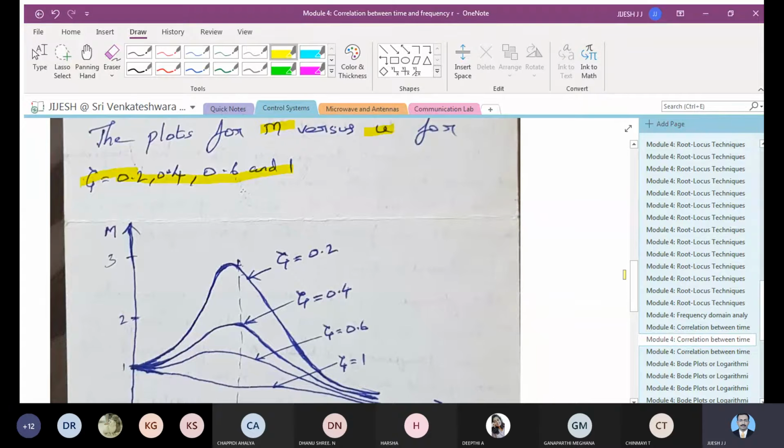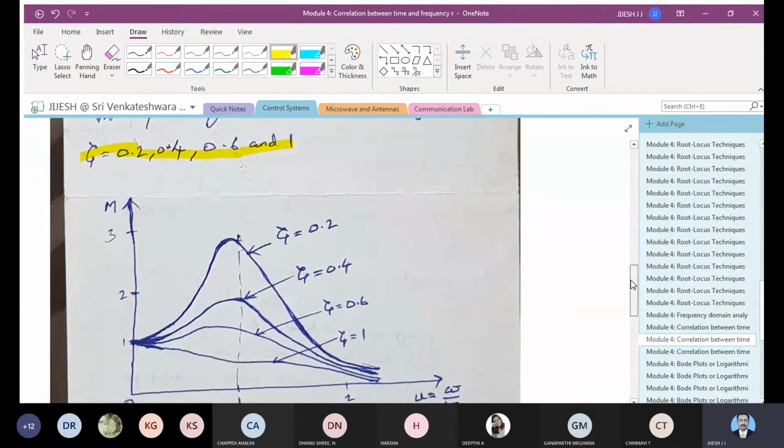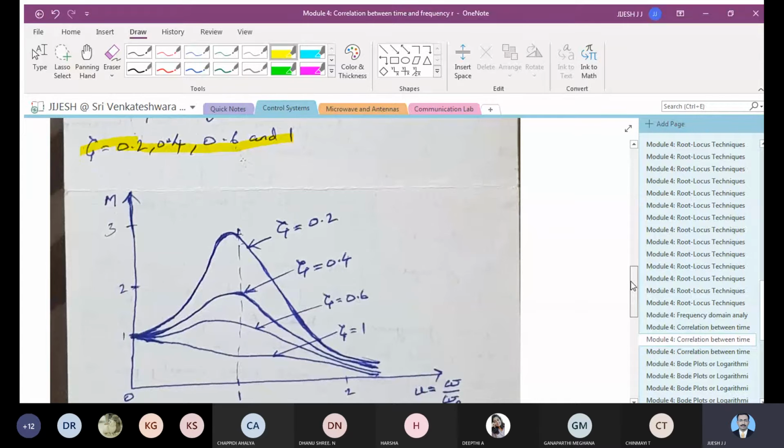So we will see how the graph will appear for different values of zeta. What you can see here is we have drawn it with respect to M and u. We are considering here 0.2, 0.4, 0.6 and 1. Let me go with zeta value as 0.2. You can see that you will get the graph in this way when it is plotted. When it is 0.4, you will be slightly reducing this, and the value of M will get reduced, and at 0.6 it reduces still, and when it is 1, you will almost flatten this down.